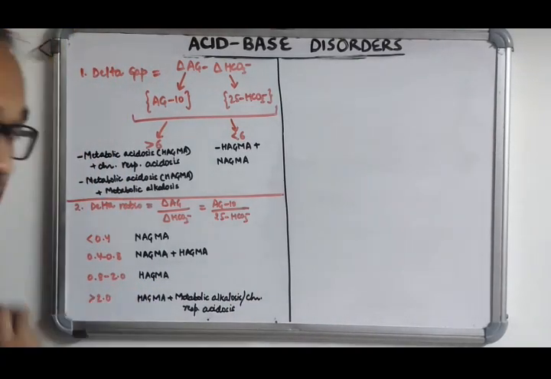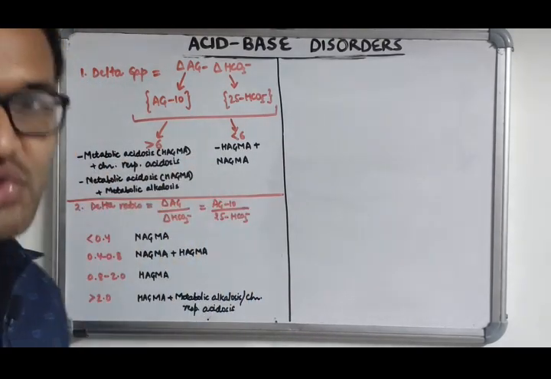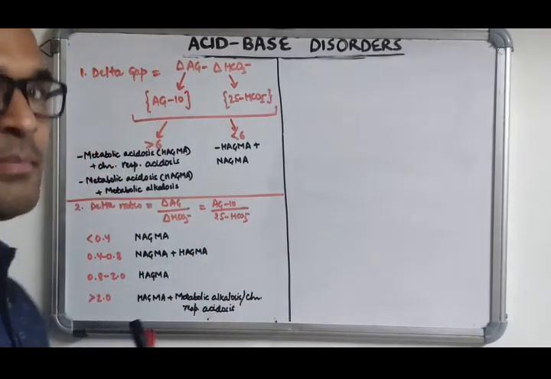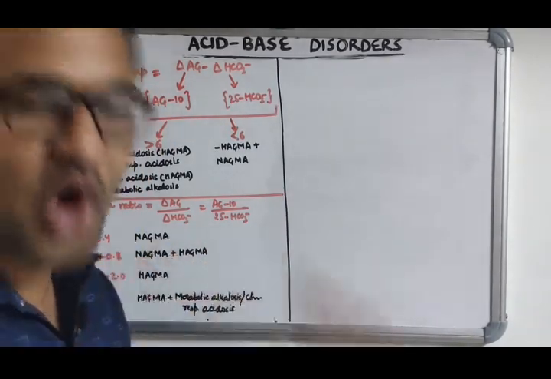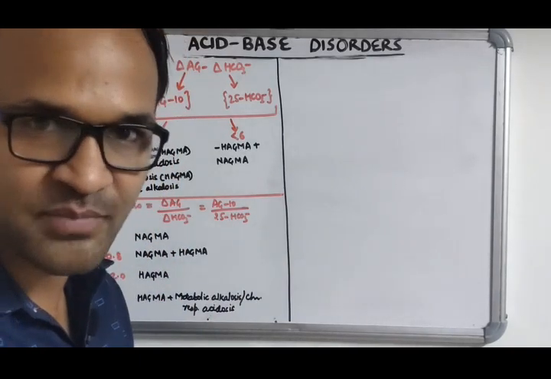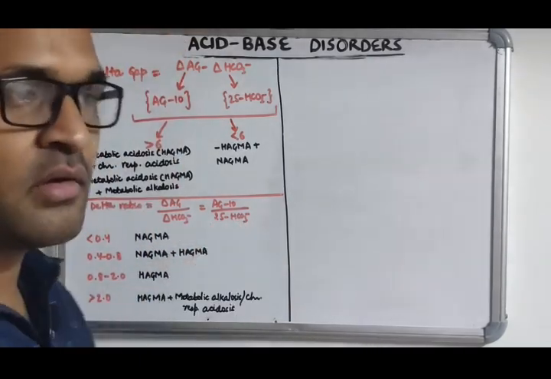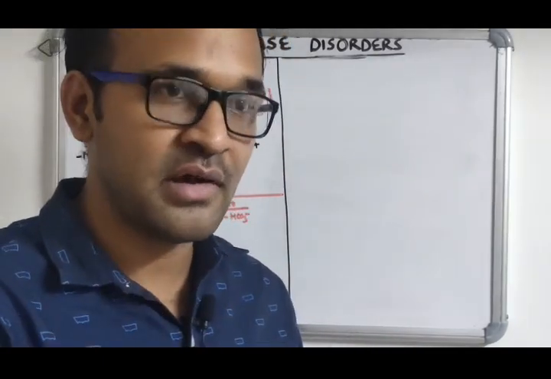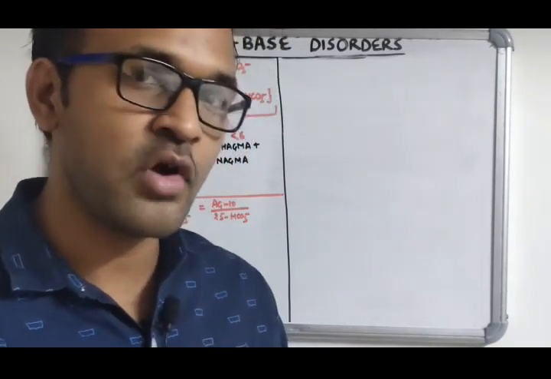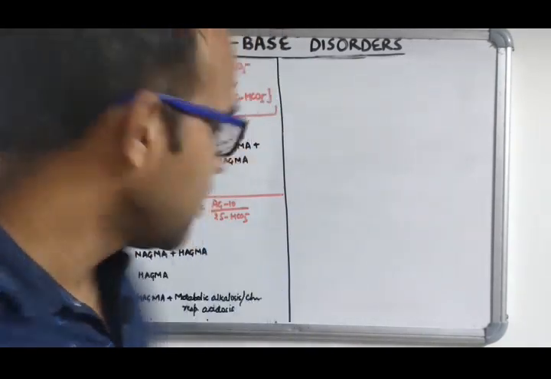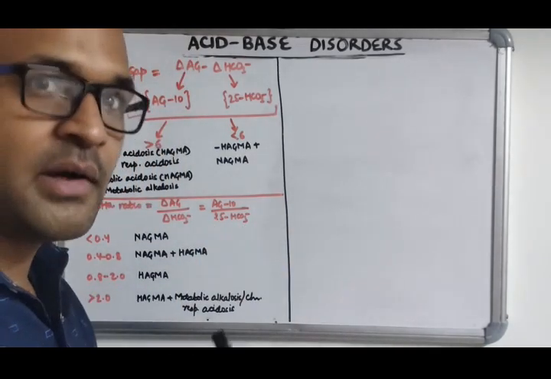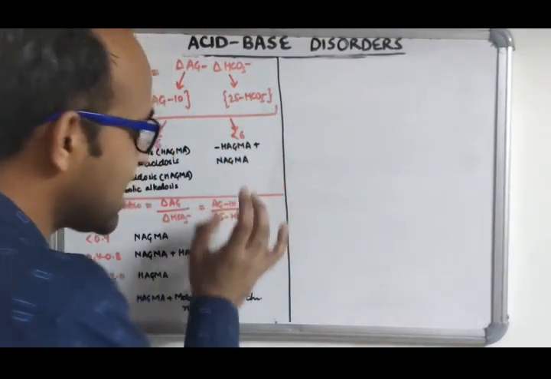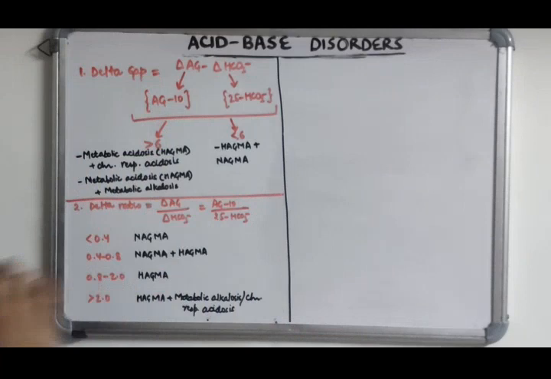Now when will the ratio be more than 2? When numerator is too large and denominator is too small. When will the denominator be too small? Again, if the patient is having pre-existing plasma bicarbonate level more than normal, so the fall will be too less. Say in a patient of chronic respiratory acidosis, if the plasma bicarbonate as a compensation is 30 and even it falls by 10, so it becomes 20. So the apparent fall will be only 5. But in comparison to this, the rise in anion gap is much larger. So numerator is larger, denominator is too small, so this ratio will be more than 2.